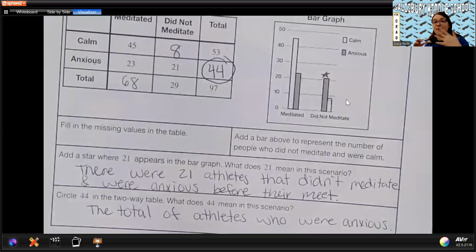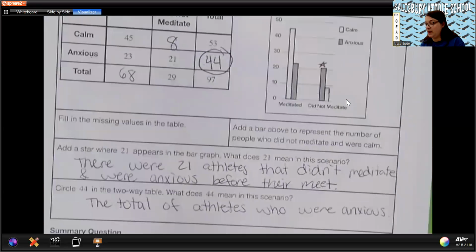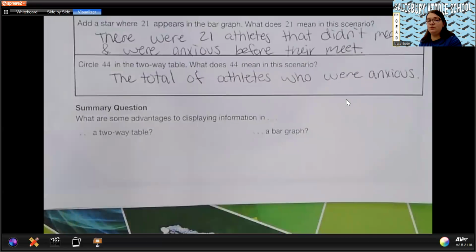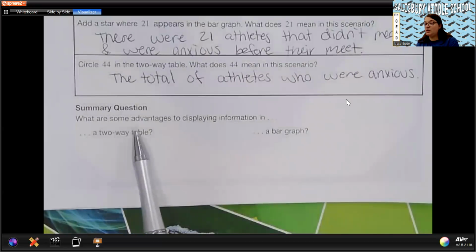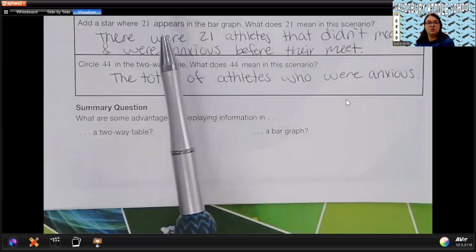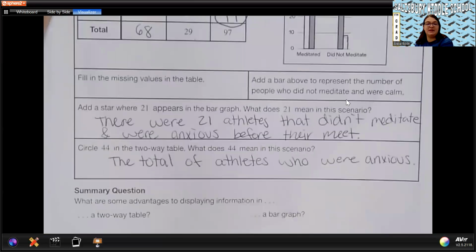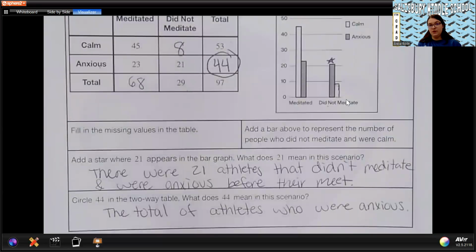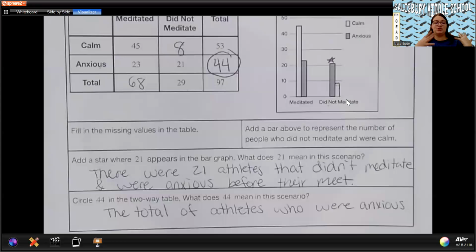And that is about it for the start of this unit. I want you to go ahead and in your own notes or on the TED Ed video, wherever you are watching this, answer this summary question. What are some advantages to displaying information as a two-way table? What are some advantages of displaying the information in a bar graph? Did you find one easier? Is there one that would be better for presenting one way than the other? Go ahead, think about that question and answer it on